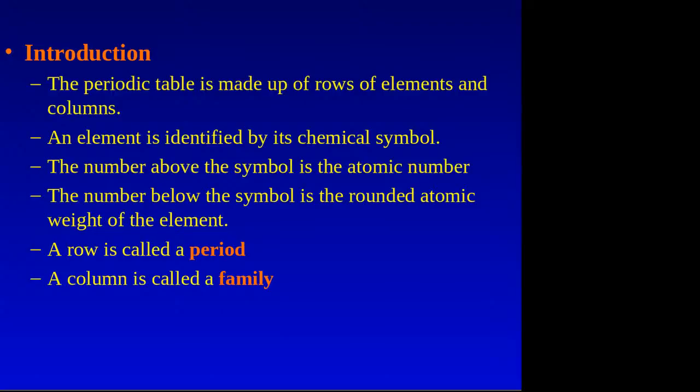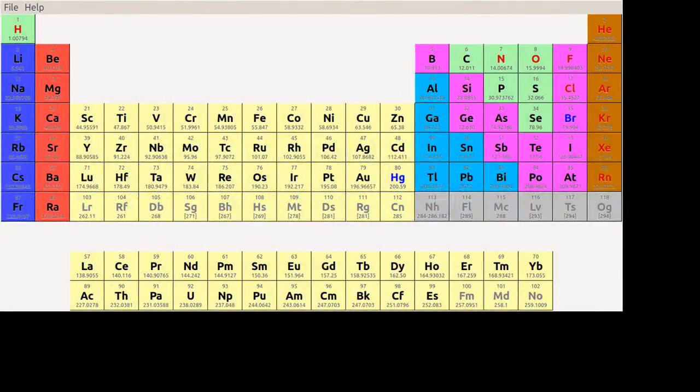So the period is how often until you repeat chemical properties. So within a period, you should not see a repetition of the same chemical properties. Families share traits. So within a family, you should see traits. So let me again flip over to my periodic table here. And so we have, notice the color coding within certain families. And then our periods go across. Notice up above, there is the atomic number and the atomic weight.